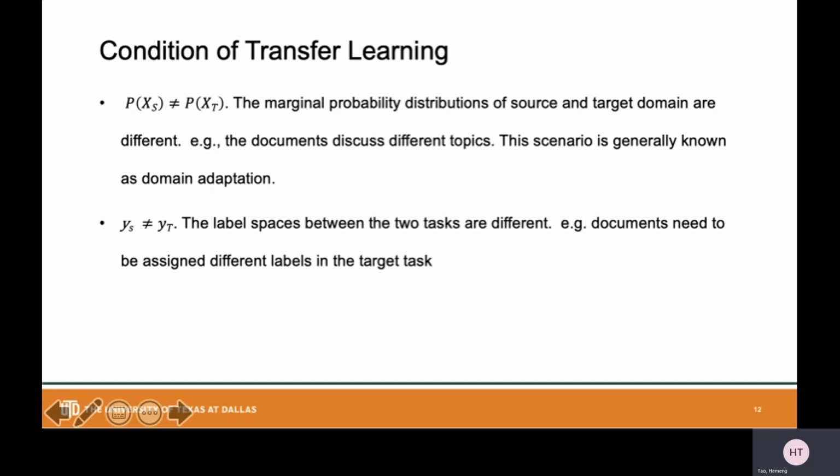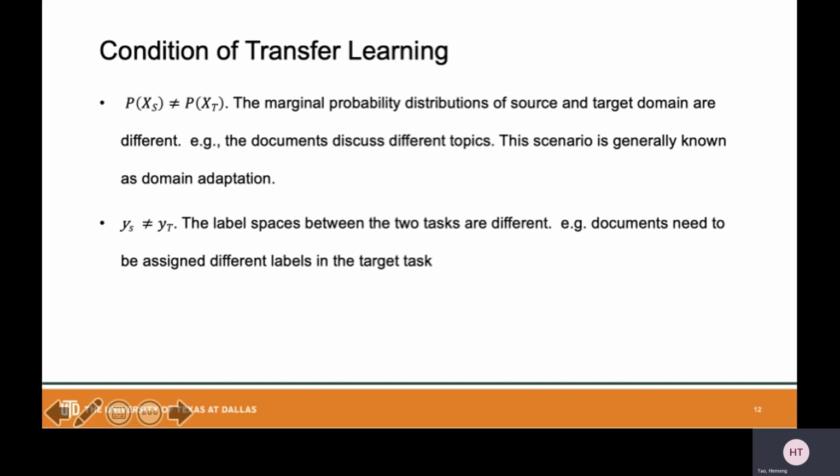And the second condition is that the marginal distributions of the source and target domains are different. Still using the document classification task, this means the documents can discuss different topics, which can result in a marginal probability distribution difference.